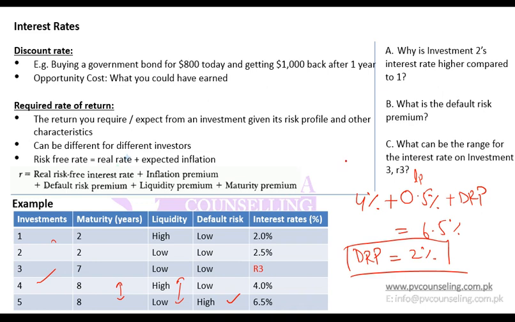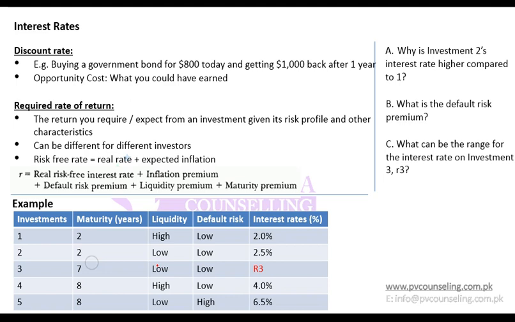So on the face of it, if you are just asked about the default risk premium, it might look difficult, or it might look like you do not have enough data to calculate it. But then again, you have to see through the lines and see through the data to find out what actually is available and how you can make use of it to arrive at your answer. So 2% should be your default risk premium. Any confusion so far up till here? Anyone? Okay, so you should be able to make the best use of data in order to find the desired outcome.